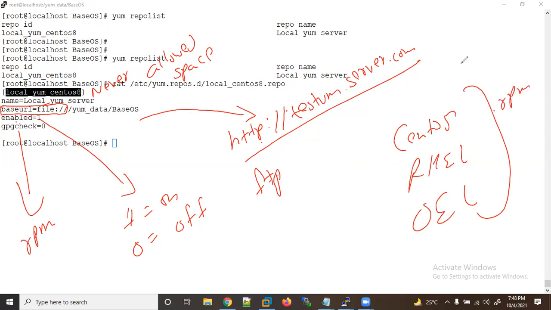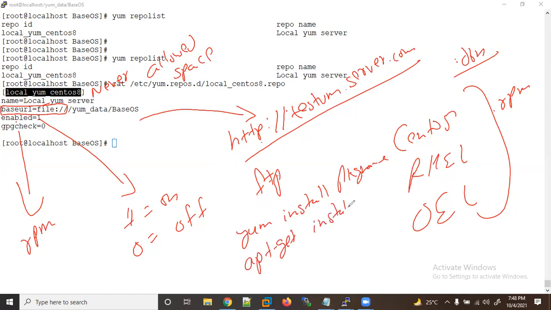Ubuntu has .deb. Here we are using yum install package name. There we are using apt-get install package name. So almost the same, only the command is changed.